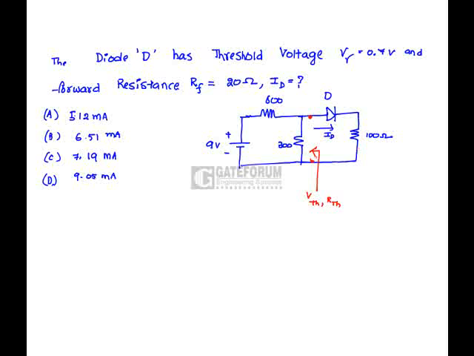One more way is we can apply KCL here, assuming the diode is on. If we apply KCL at node Vx, if we get ID that is positive, then the diode is in the on situation, and we are going to know ID. What is the value of ID? That is